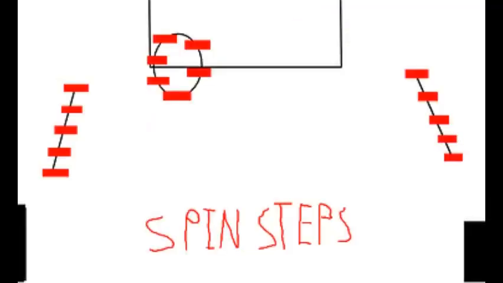Alright, so this one looks tough, and I think too tough. But it's called the spin steps, and it basically starts and ends like the devil steps with 5 steps up and then 5 steps down. But the main thing is that in between, you have a wheel, kind of like the wheel for Rolling Thunder,